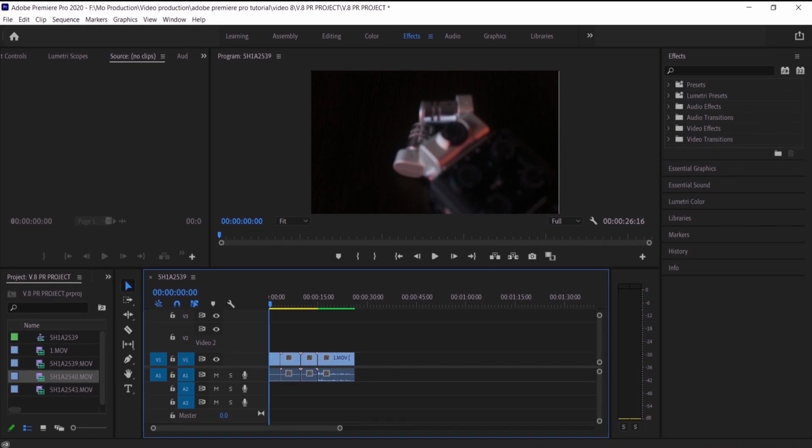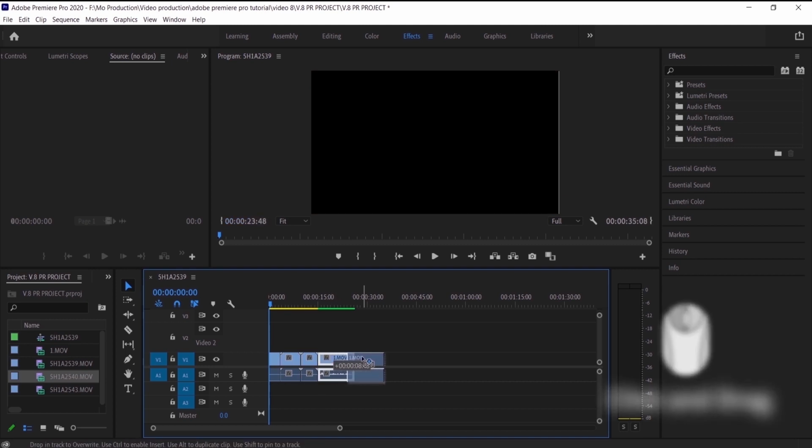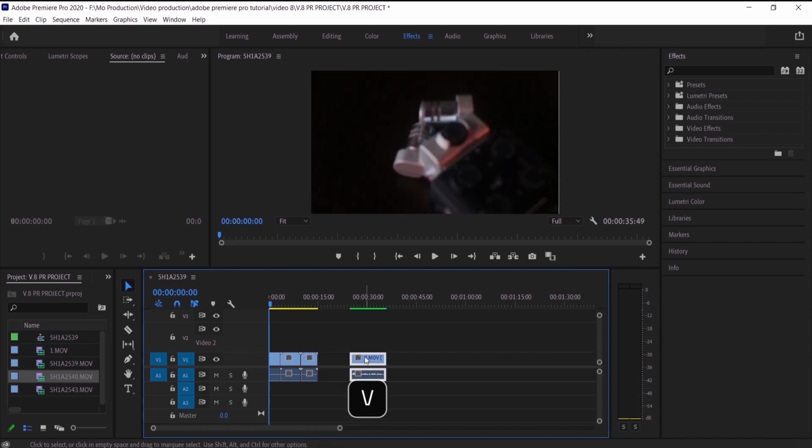So guys, in this tutorial I'm going to show you how to use the tools and the shortcuts in Adobe Premiere Pro. So let's start from the top, which is the selection tool. What this tool allows you to do is to select any layer in the timeline, and you can select and drag any layer in the timeline. And the shortcut for it is the letter V. So if you're on the razor tool and you want to bring back the selection tool, just press V on